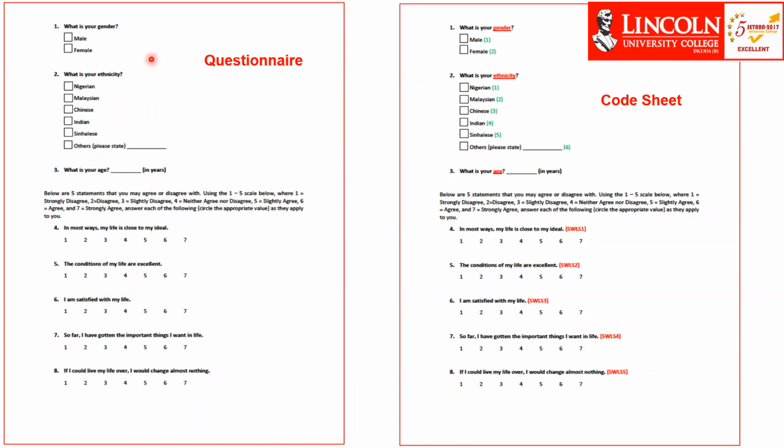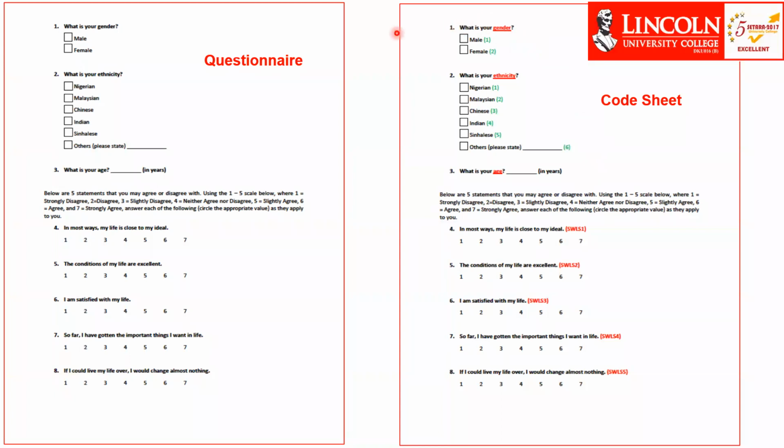So after you have collected your data in this case, how do you now prepare? How do you do data entry on your SPSS using this kind of questionnaire? The first thing you need to do is to create a code sheet. And what do you do in the code sheet? You identify your variables. From your variables, you know which ones will be categorical variables and which ones will not. So here for this code sheet,